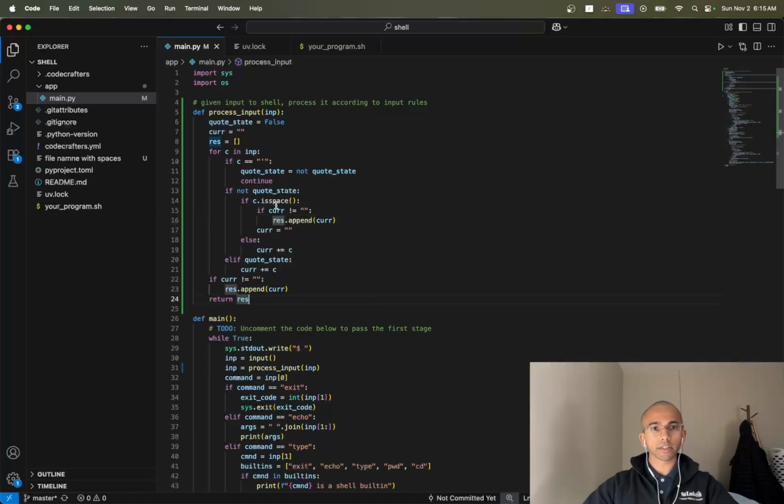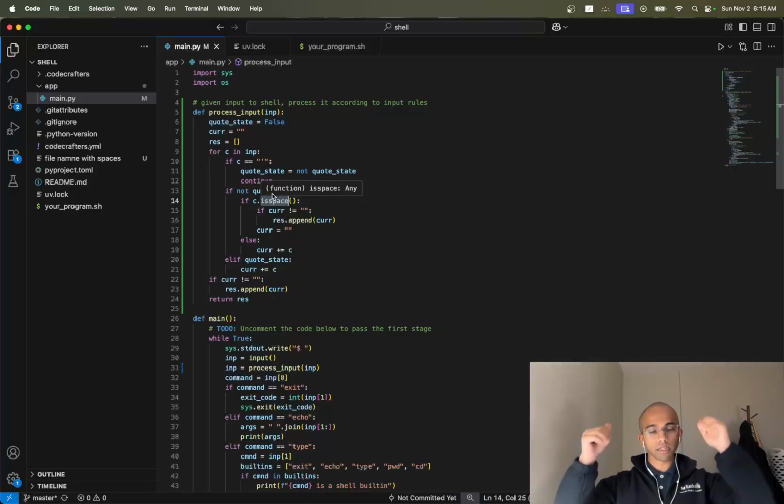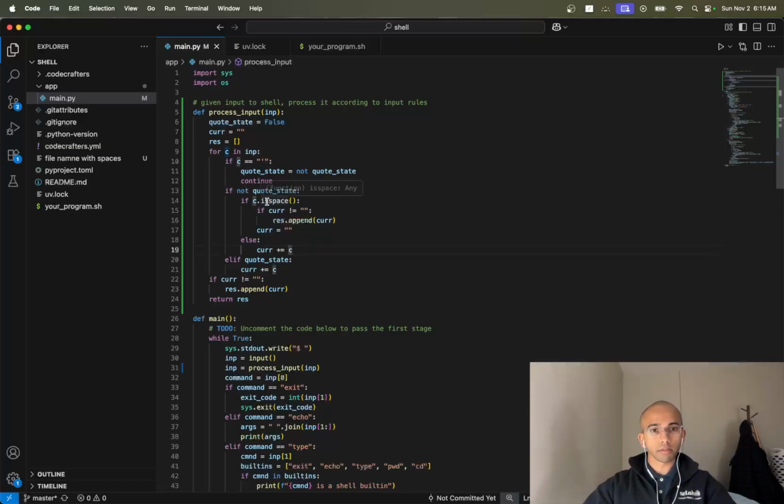If it's a white space character, okay, so this is pretty much what split does. Except that split probably takes in a bigger split string as well, but here I'm just accounting for spaces. And then I'm keeping track of whether it's a quote state or not a quote state. And then if I see